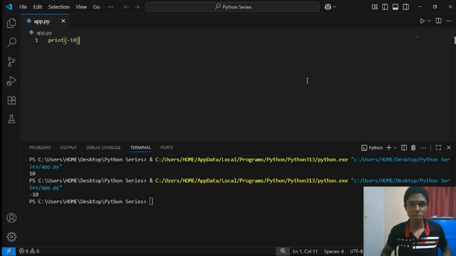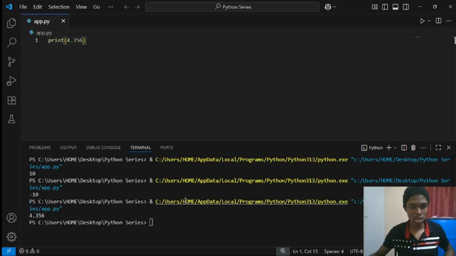We can also have decimal numbers. So let's say I wanted to print out a decimal number. I can just come right here and then I can just write out the decimal number. Let's say 4.356. And now we can just save our Python code and then we can run it. And you'll see we get